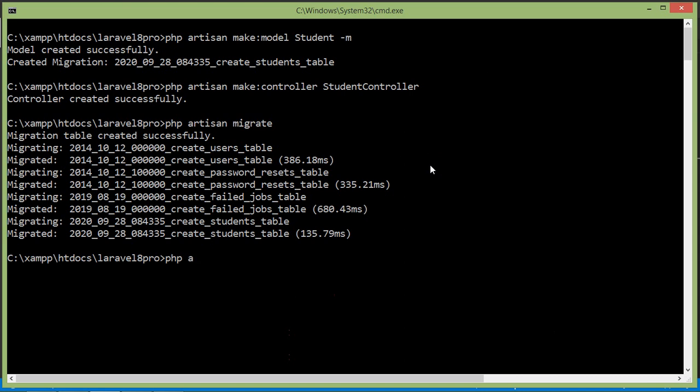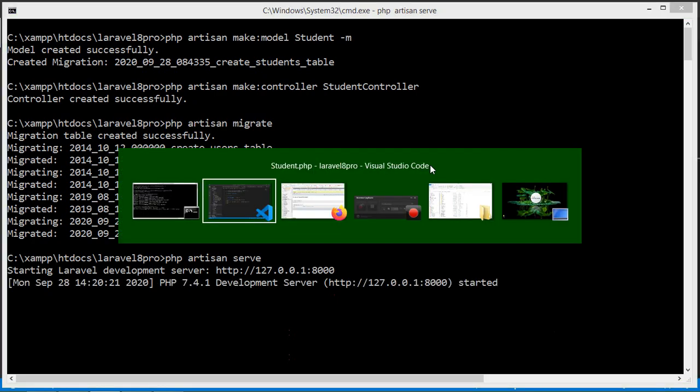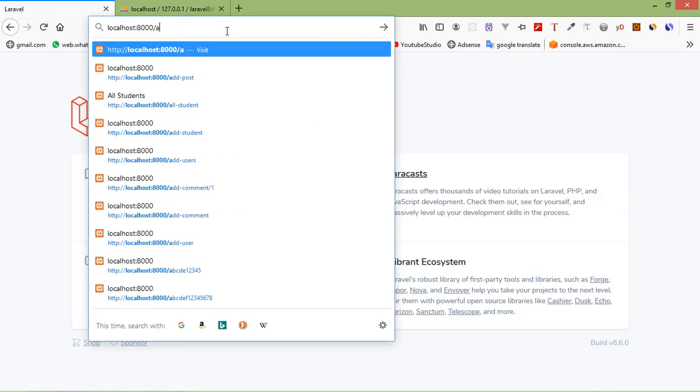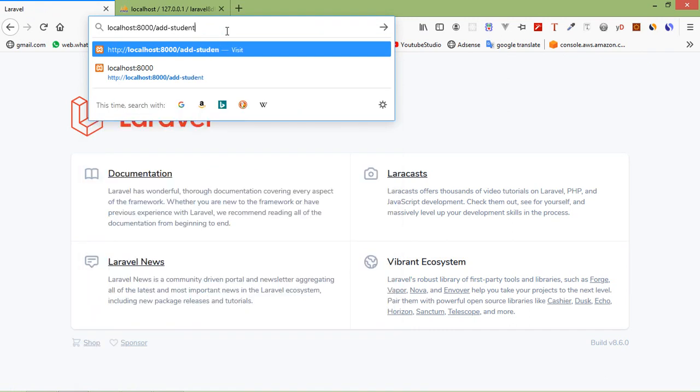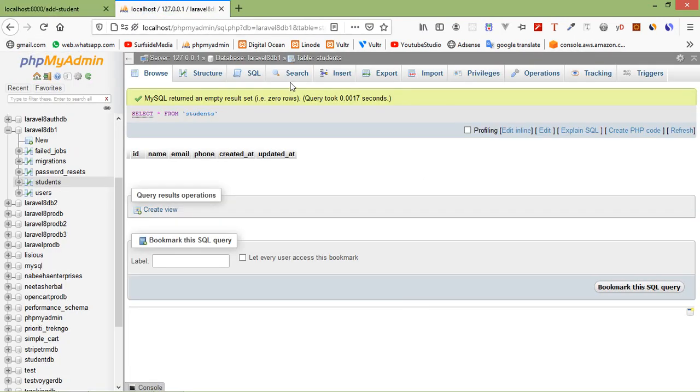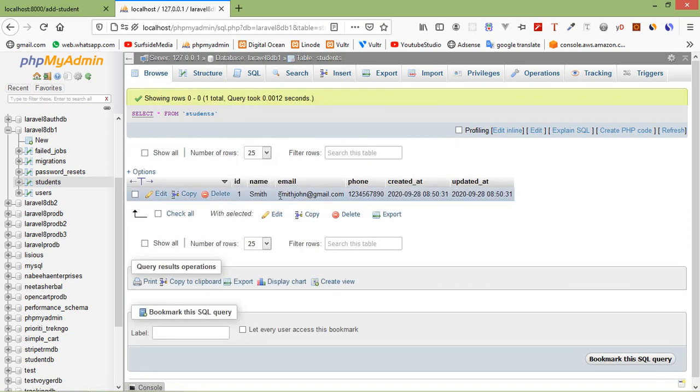So just write php artisan serve, and now switch to the browser and just go to the URL add-student. Now press enter. Record inserted, and inside the students table just refresh this table, and here you can see the email in lowercase.